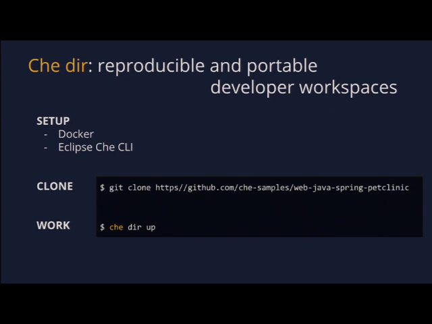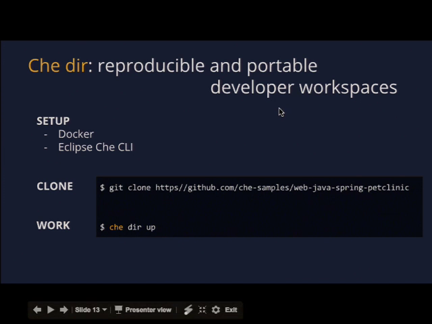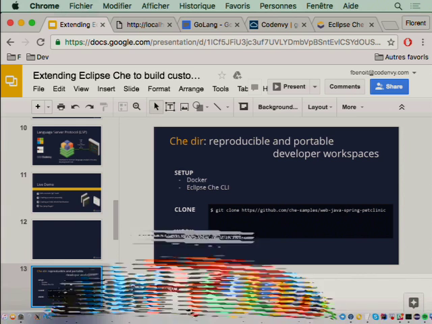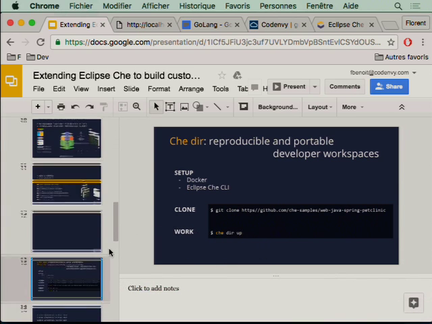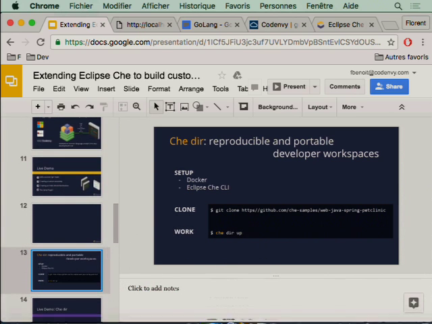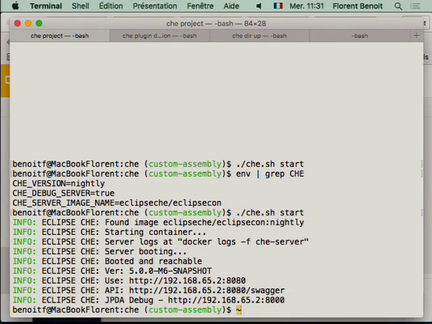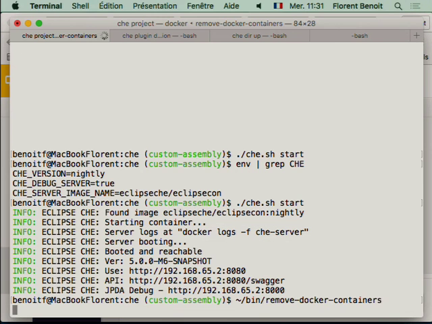So you can do Che IDE with basic Eclipse Che, but you can do that with a customized Eclipse Che as well. So if you want to provide a customized IDE for your project and use Che IDE, it's completely possible. So it's the latest demo that we have,